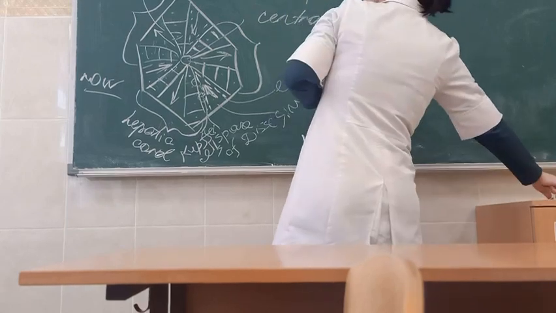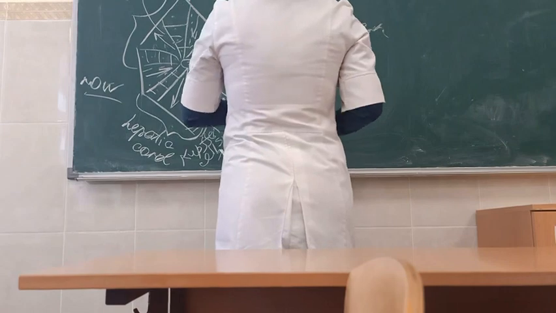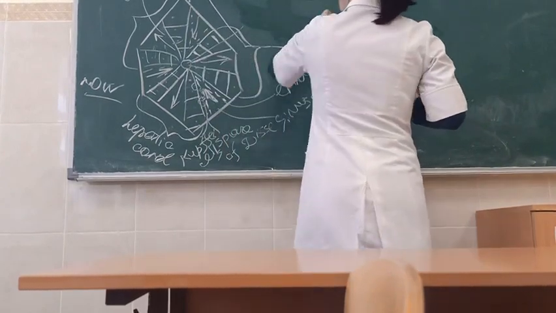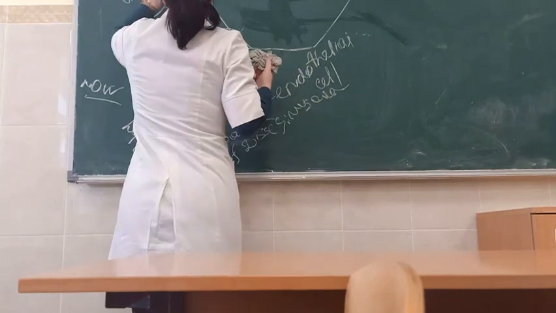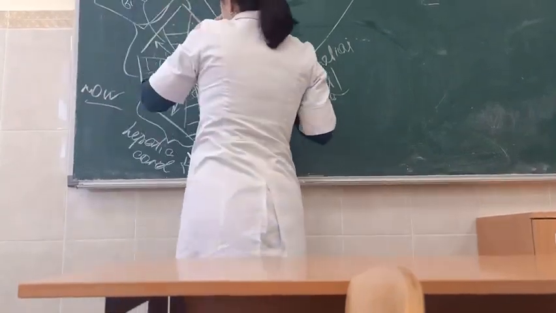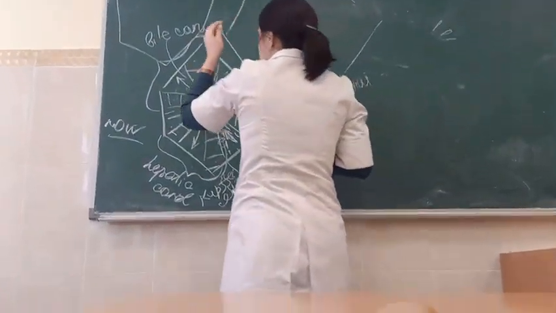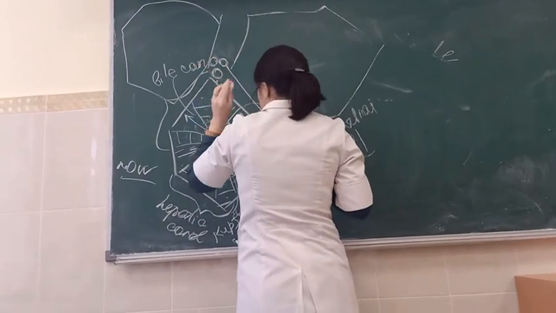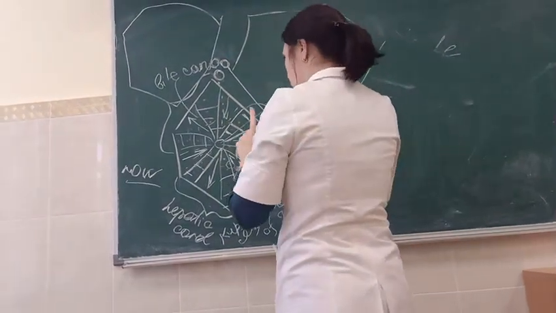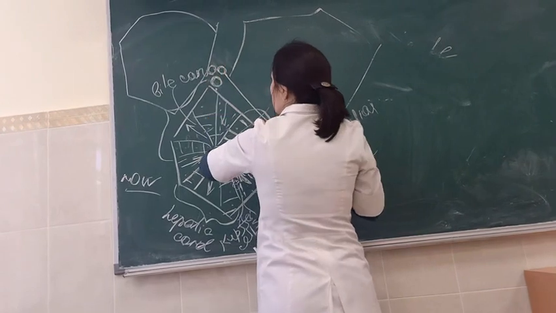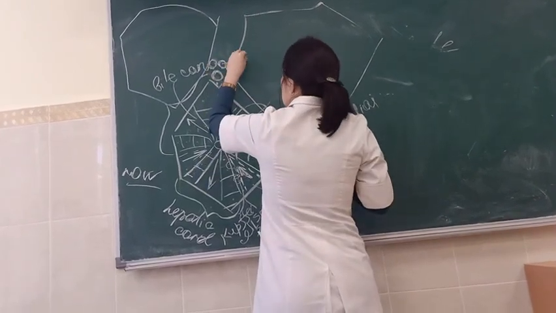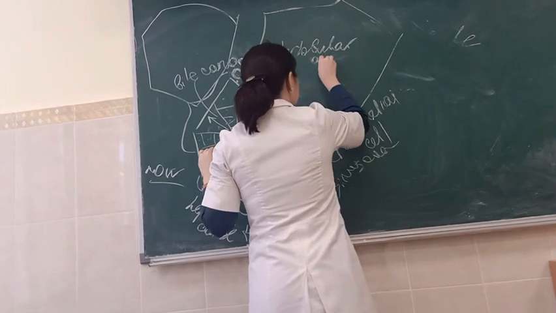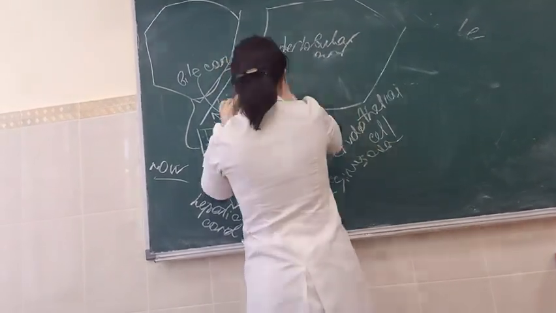And actually we know there are very many hepatic lobules. Very many hepatic lobules. And here there is a hepatic lobule, and here there is another one. And so everywhere. And at the place of junction of hepatic lobules, there is the hepatic triad. Actually, somewhere it's written hepatic tetrad. Well, okay, it's also correct. Just for now, we're interested only in three structures. So this hepatic triad includes three structures: the interlobular artery and the interlobular vein,